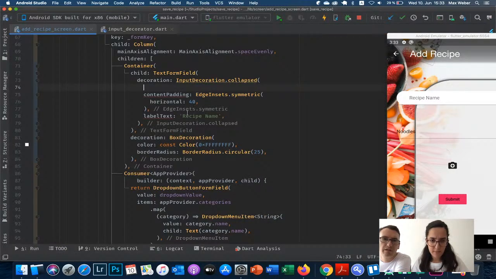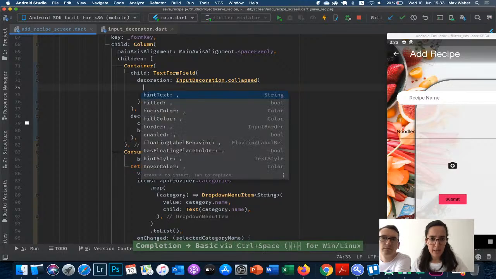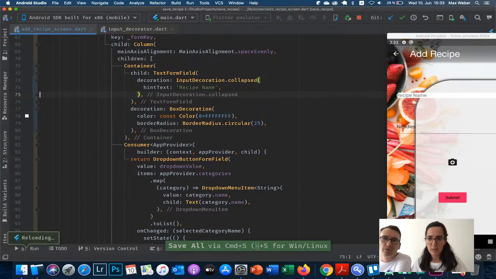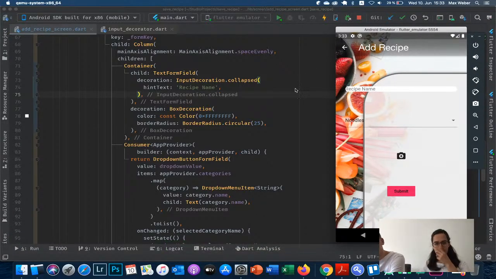But be careful, right? That is not the answer that is selected, so it could be wrong. Yeah, we can just try it. So I will remove this one. Correct. And here we have a hint text, and this is gonna be our recipe here and here. Okay, so if we use this, right, so it's getting okay. But now we have more